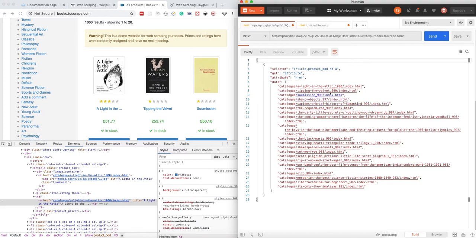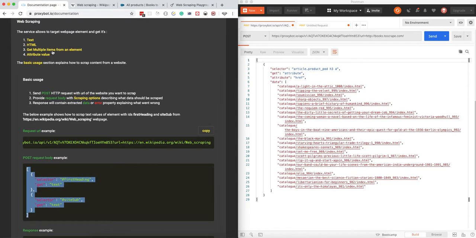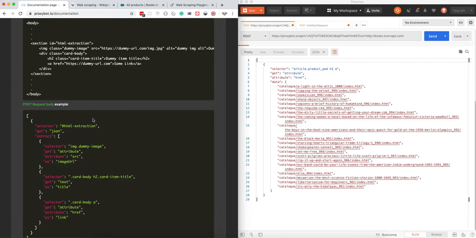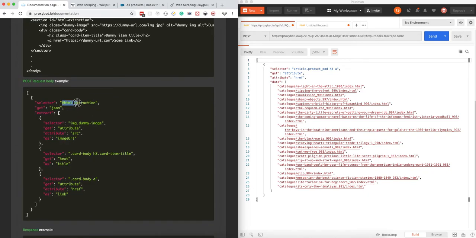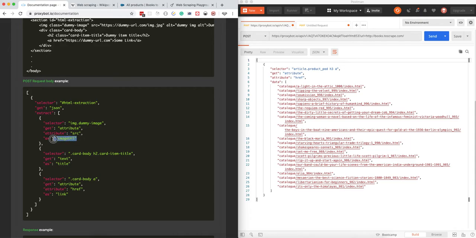I would like to get back an array of all books with all the values inside, like book title, book image, book link, and maybe price, right? And I also found it's possible to do if you go back to documentation, and there's "get multiple items from element", and then there's an example. You need to specify the CSS selector, then say JSON, and then provide an array of selectors, and inside each selector you can say "return as" and provide a property name. I already prepared the